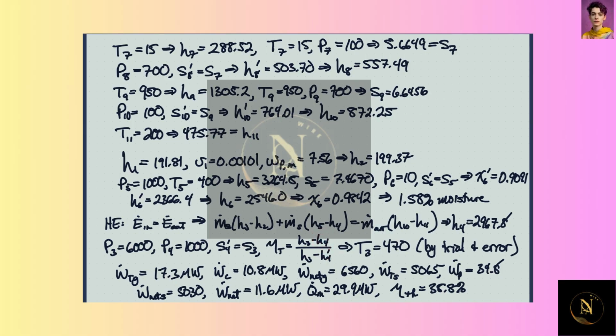But what we can do is guess a temperature here to get an enthalpy at 3, get an entropy at 3. So then with that entropy at 3, the entropy at 4 in the isentropic case, and the pressure at 4, we can get the isentropic enthalpy at 4,